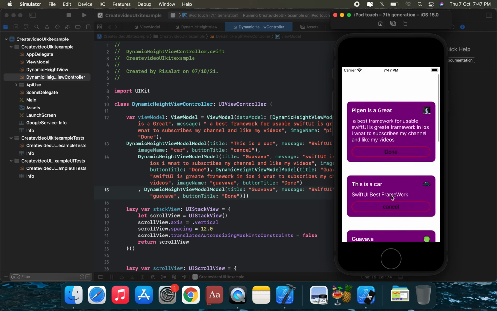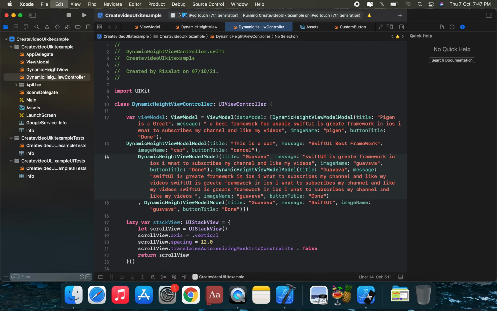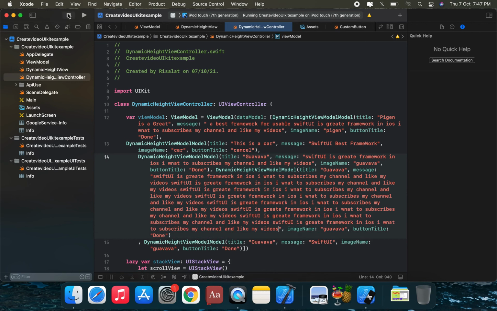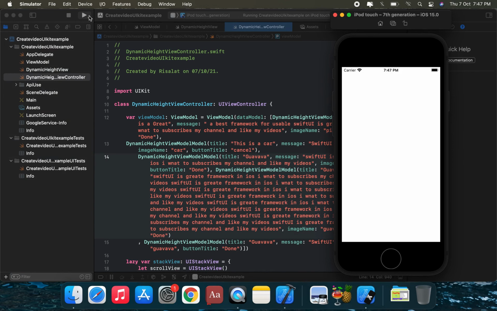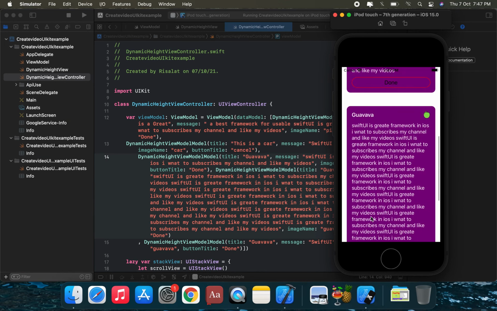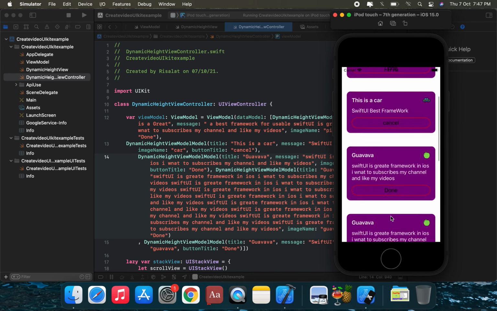So now this is a description. We can add multiple lines to this description. Suppose we add multiple lines on this message. So we can add a second point, one card with multiple description lines. So these are multiple lines, the use of dynamic height view. It's the largest number of cards of dynamic height. This card is shown automatically with dynamic height.